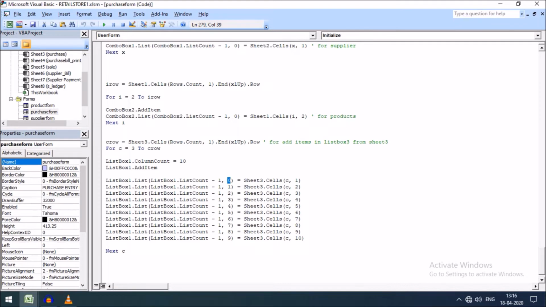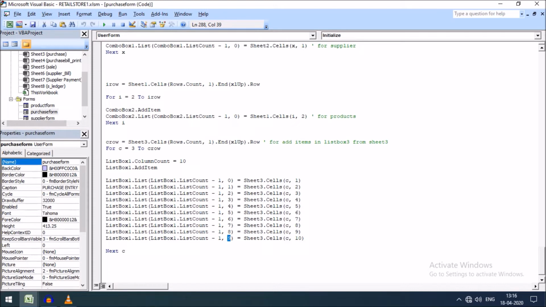That is, here it is 9. This means the number of columns in the list box is 10, and this denotes the 10th column of the list box, and I have assigned the value of the 10th column of sheet 3 to the 10th column of the list box.